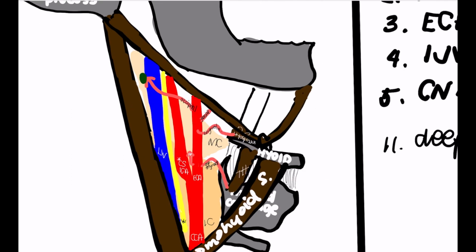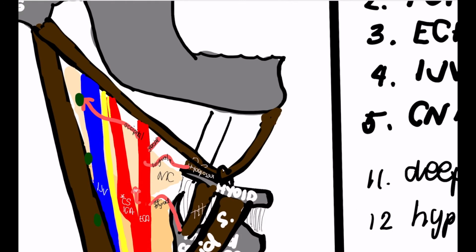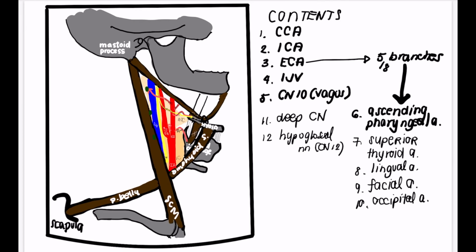We will use the internal jugular vein as a marker for these nodes, and these are called the jugular nodes. The next structure is the hypoglossal nerve, or cranial nerve 12. Initially, it goes downwards in between the internal carotid artery and internal jugular vein, and then it goes forwards in front of both the internal and external carotid artery, and then it goes forwards just above the greater cornu of